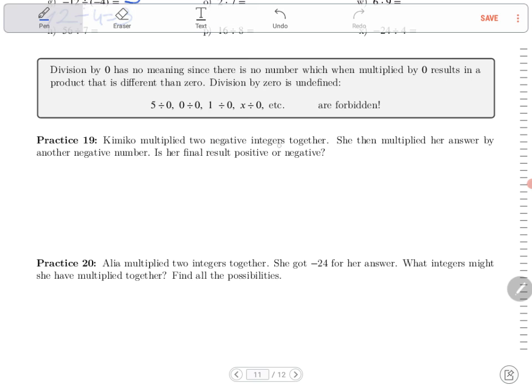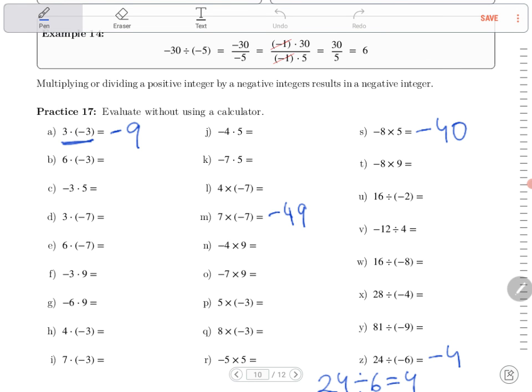Kimiko multiplied two negative integers together. She then multiplied her answer by another negative number. Is her final result positive or negative? So the way I would think about this problem is keep close track of where the numbers are positive and where they're negative. First she multiplied two negative integers together. Is that value positive or negative? Well, according to the rules we've been using,